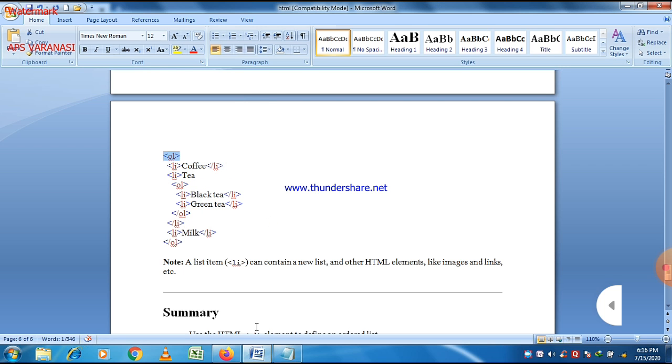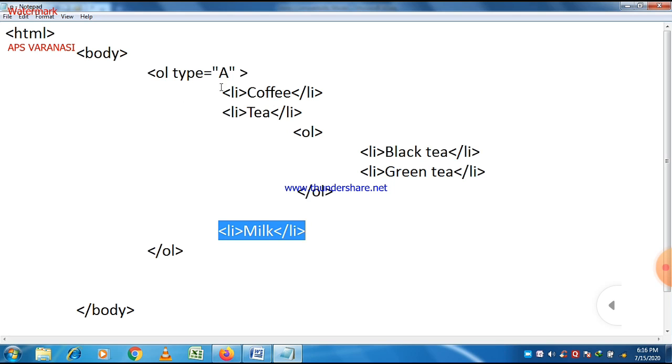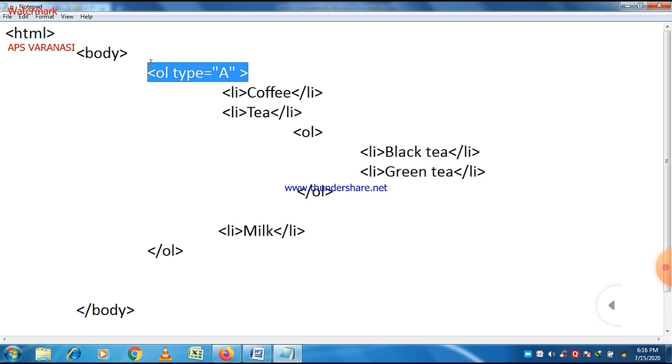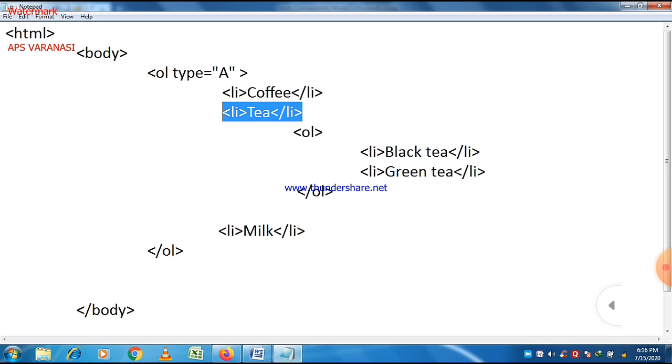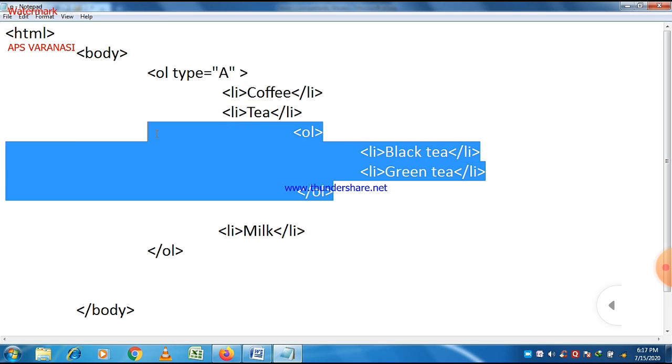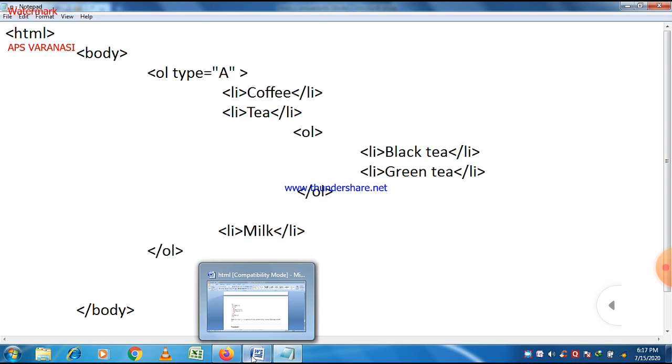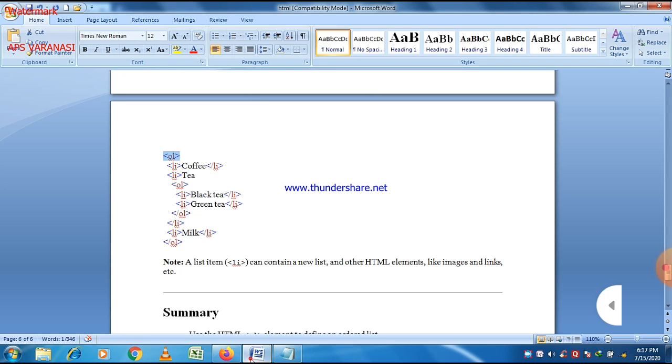Now the second program regarding that list is, just type here, you can see that these are list items, different list items there. Milky is at the last position. Just remove it. Okay, let us try something more on this topic.